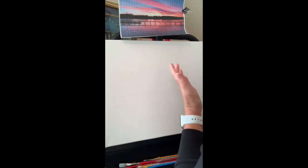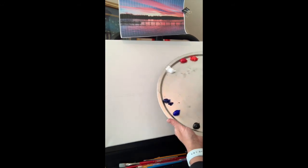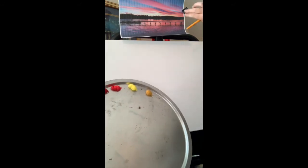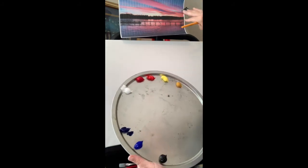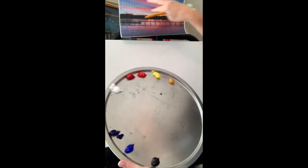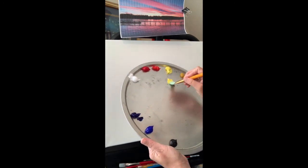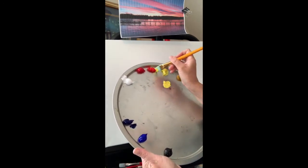So let's go ahead and get started. I go in and I like to start with the lighter colors. And so when I look, I'm going to see these kinds of oranges and reds that are going to come in here in the sky. And so I'm going to mix up an orange color with my